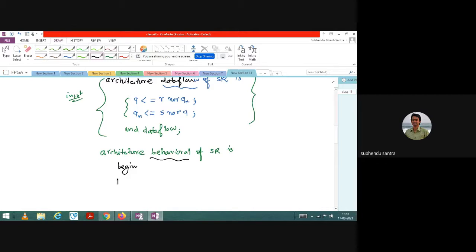Begin. Sir, in data flow also you need to write begin. You didn't write that. No, data flow, you see, data flow is only an XOR gate. Only there is an XOR gate. So this thing I have to define, only that. So I'm talking about begin, sir. The word begin needs to be there also, right? In the architecture. Okay, that I forgot. Sorry, sorry. Definitely begin is there. Yes, because sir, I am ending the data flow, it means there has to be some begin. Yeah, yes, sir. Okay, so again, similarly begin and then process. Process, what will I write? So SR.